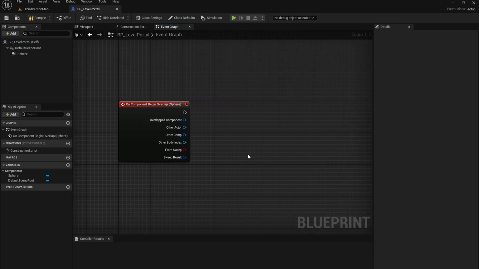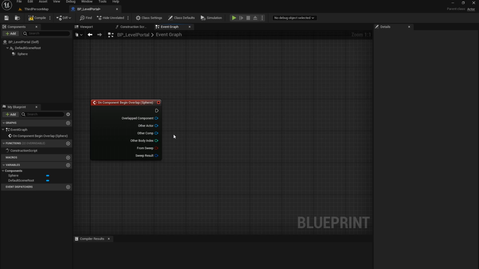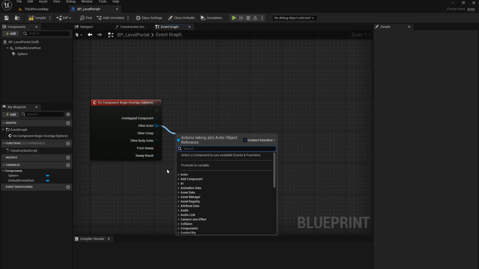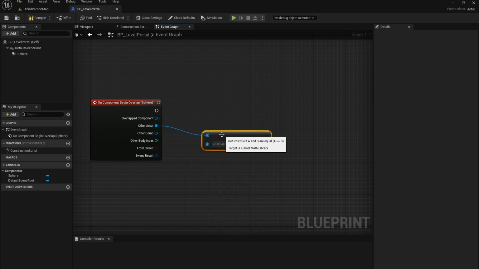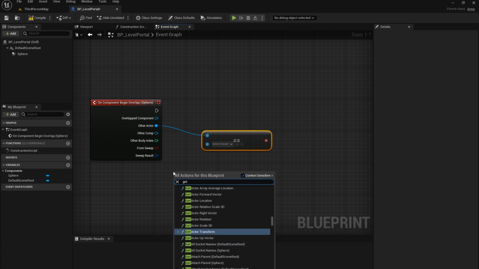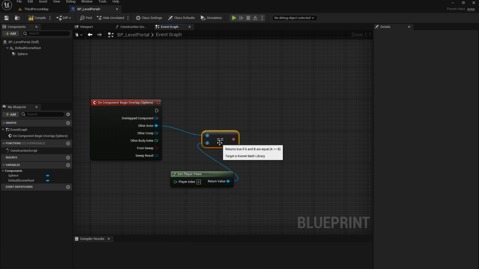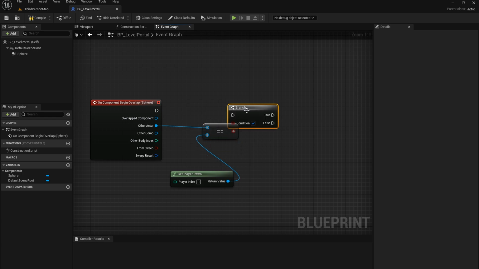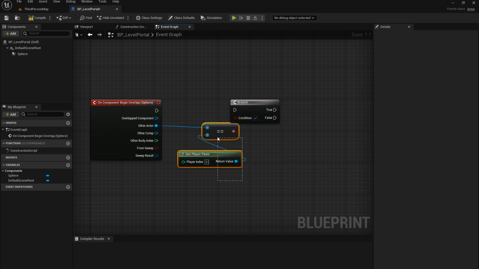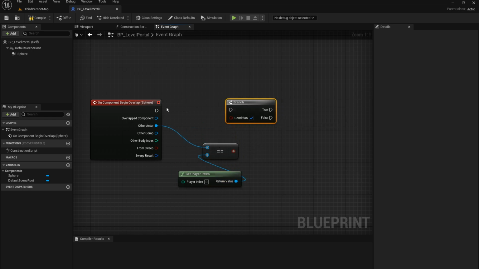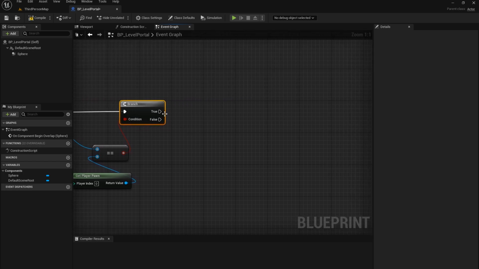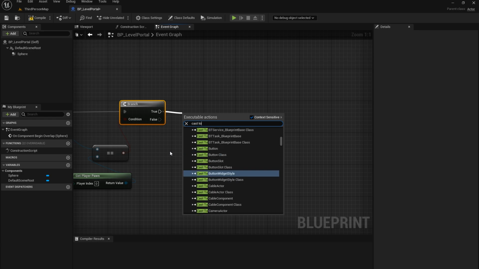the onComponentBeginOverlap event. In order to avoid casting too often, let's drag out from the other actor pin, search for equals, and then plug in getPlayerPawn into that equals pin. Then we'll add a branch, and if it's true, then we'll begin our logic. So this is similar to casting to the third-person blueprint, except we don't have to have the hard reference of casting, so it's less expensive, and we're able to grab whatever is the designated player pawn at the time of